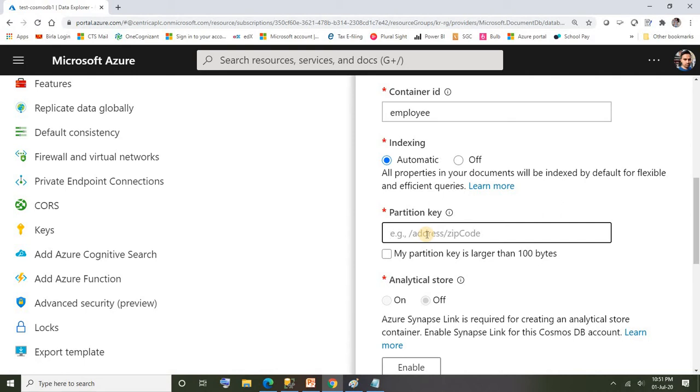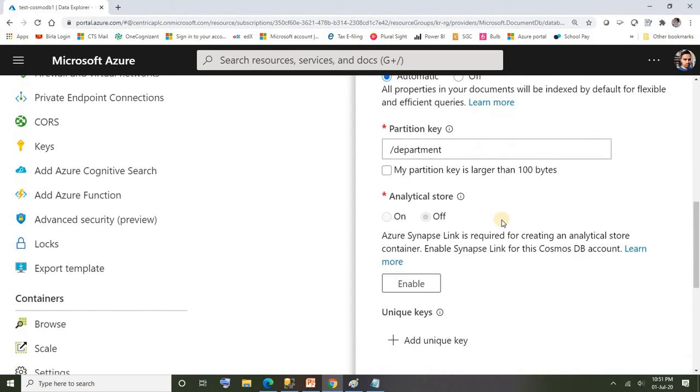As of now I'm going to use department as the partition key. Now down here there is one option, analytical store. If you want to use your Cosmos DB data for near real-time analytics, you can enable this option.